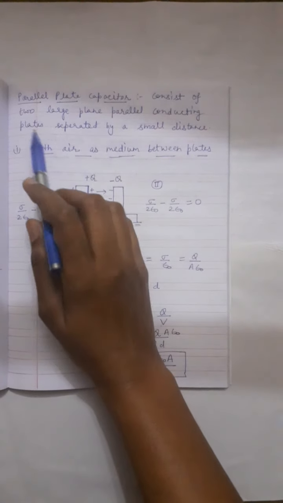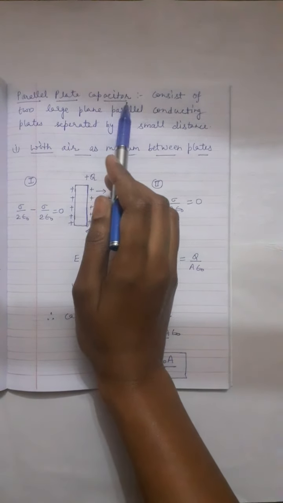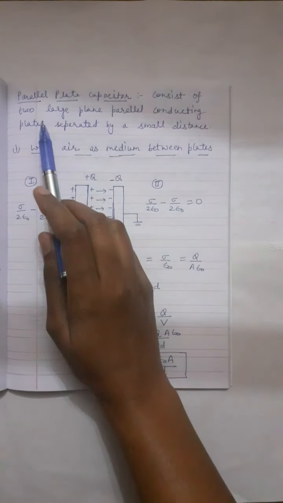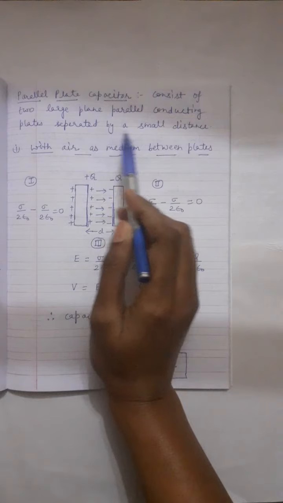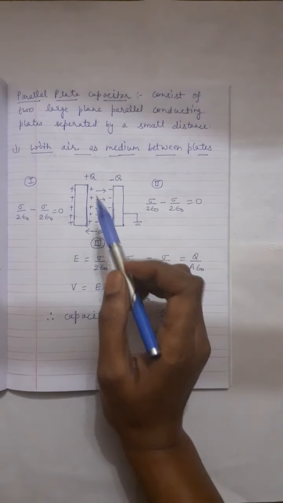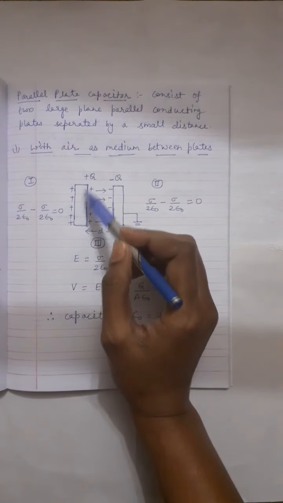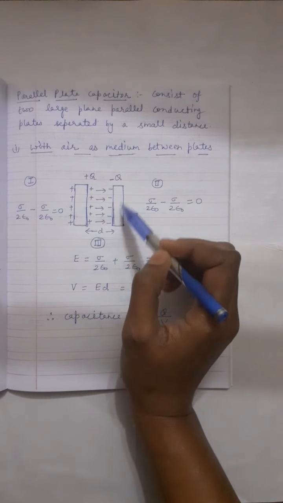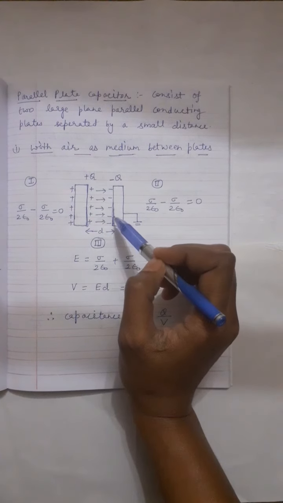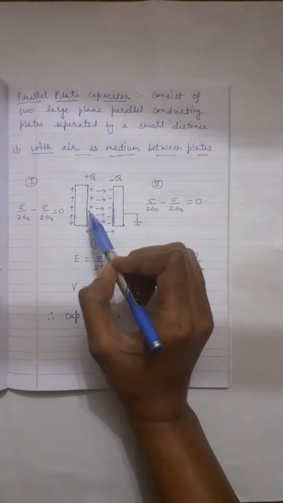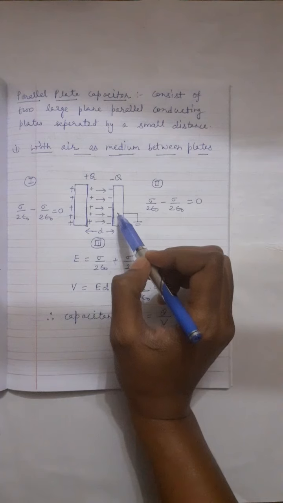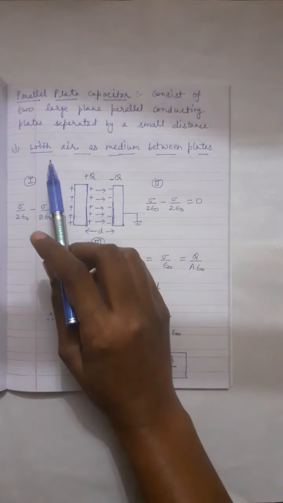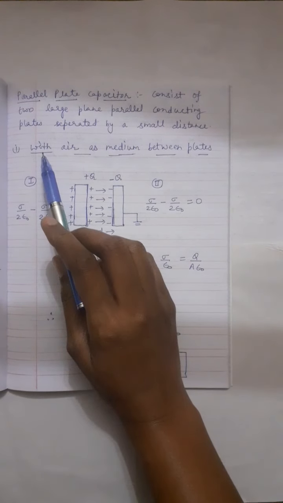Now, a very common type of capacitor is the parallel plate capacitor. It consists of two large plane parallel conducting plates separated by a small distance. Like these, the two plane conducting plates are kept parallel, separated by a small distance. This arrangement is known as a parallel plate capacitor. So we will calculate its capacitance first